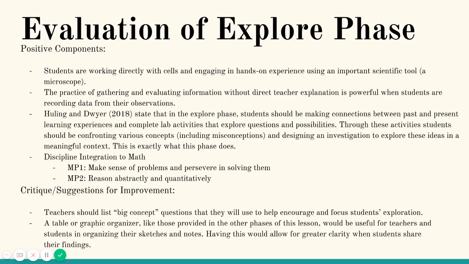which ties into the mathematical practice number 2, which is reason abstractly and quantitatively. They're reasoning with abstract concepts right now because they're not aware of the different names of the organelles or their functions in the cell, because they're still just exploring